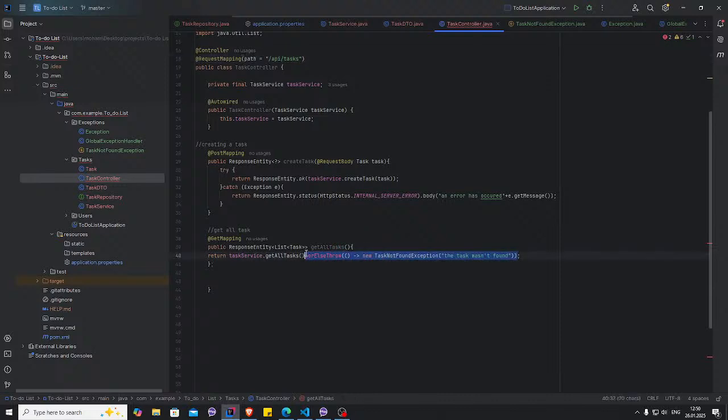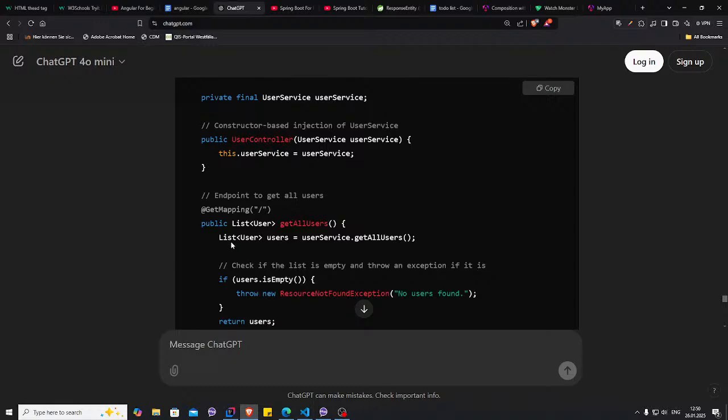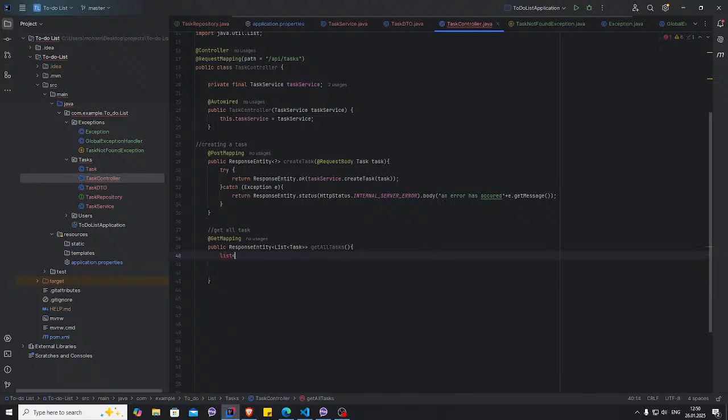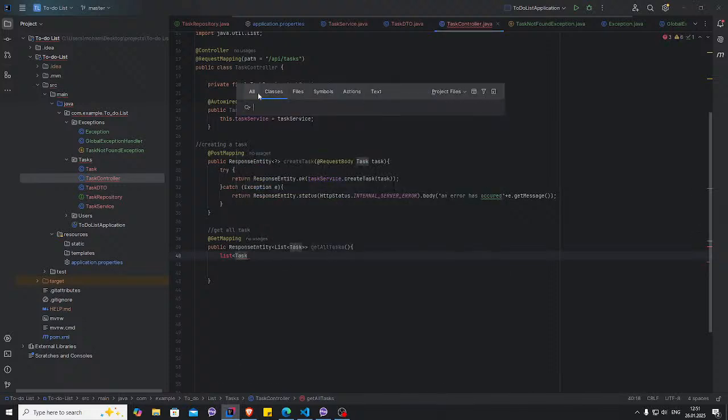Okay, so dot orElse here is a bad idea, and we cannot return it. So how about we make a list? There's too much going on here. So what should we? No, we shouldn't. Okay, we say List of Task. What is this? I should probably study more about IntelliJ later on, but the L is capital. We call it tasks equals